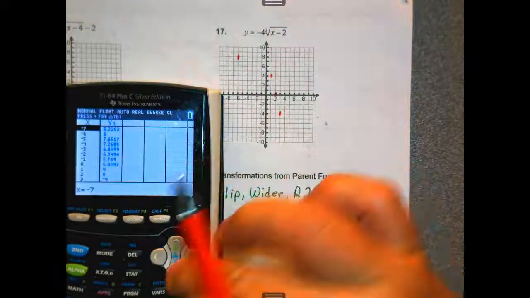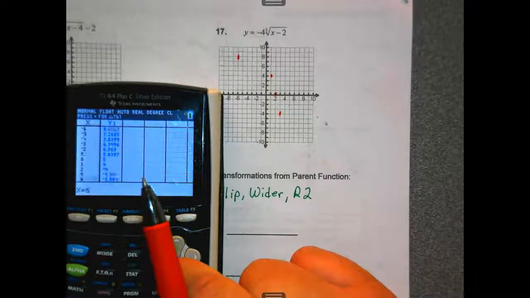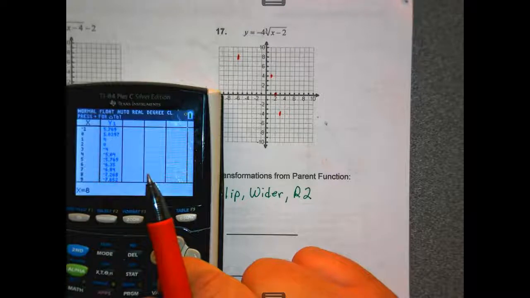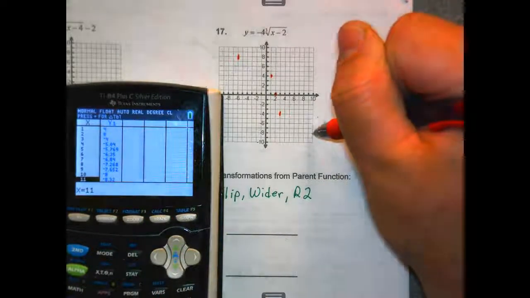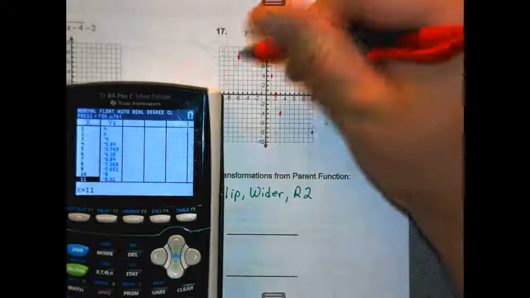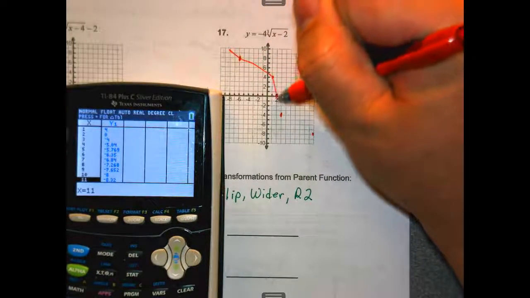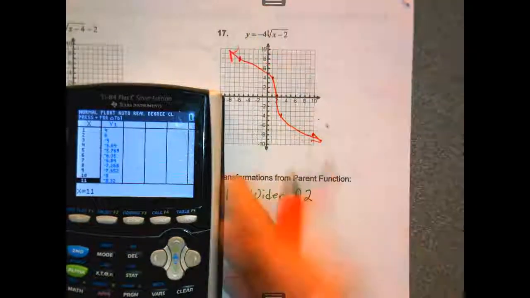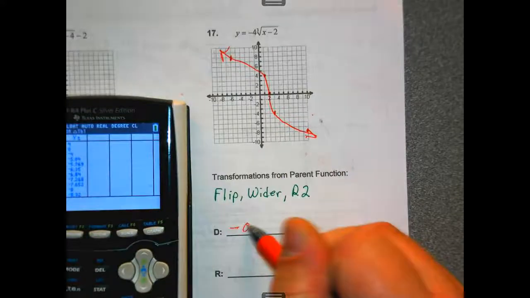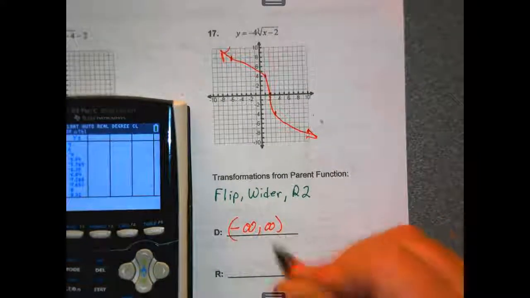And I think the other one's probably going to be off our graph. Negative 8. Here's my graph. What's the domain for all cube root functions? And the range is going to be